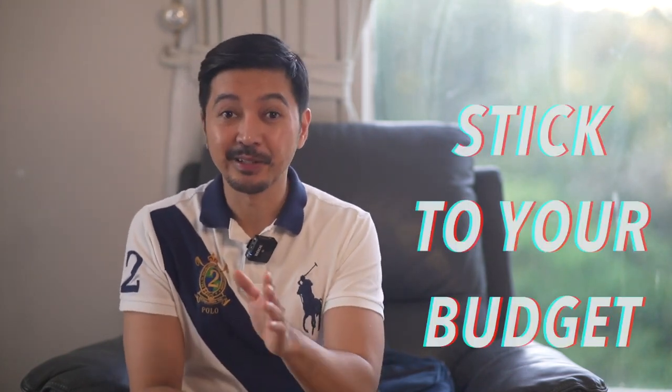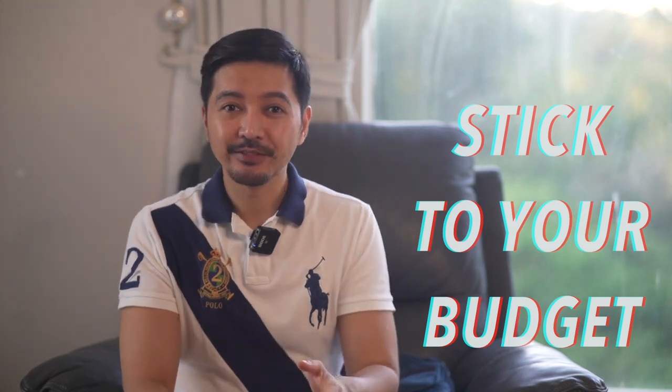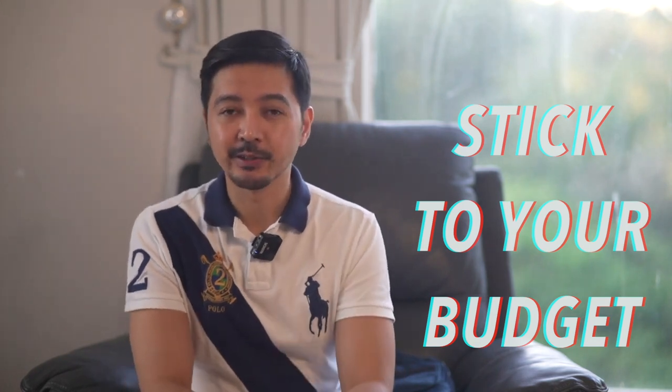So if there is one major mistake or lesson or learning na natutunan ko during our flip last year, is to stick to your budget. So you really have to be disciplined to stick to your budget. So siguro half of the properties that we flip, we went overboard when it comes to budgeting. Because sometimes you just want to renovate the kitchen, then along the way, you see the potential in extending the